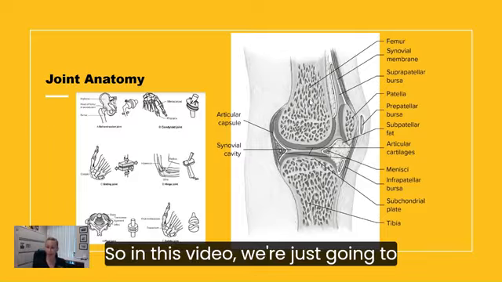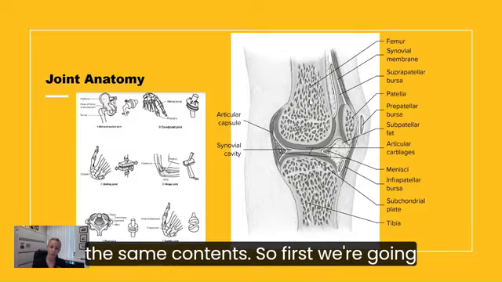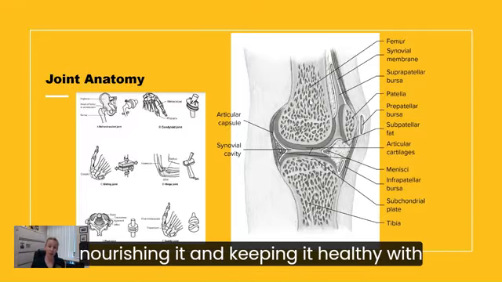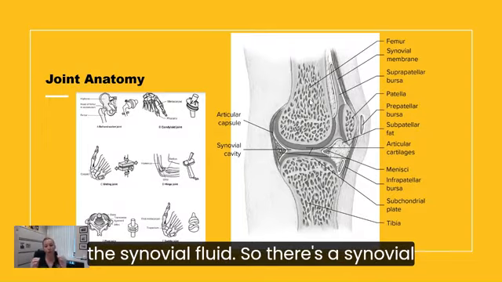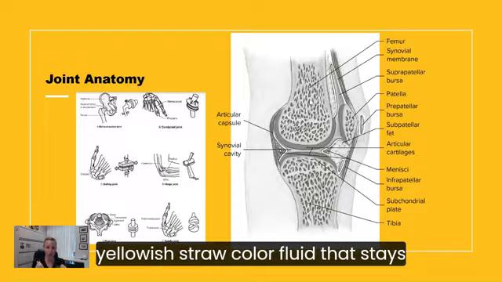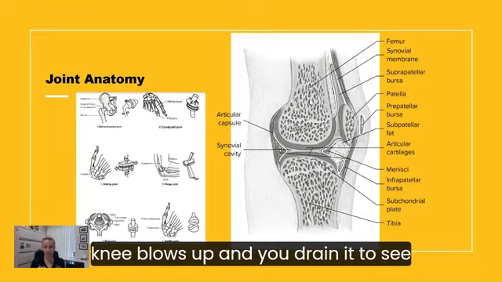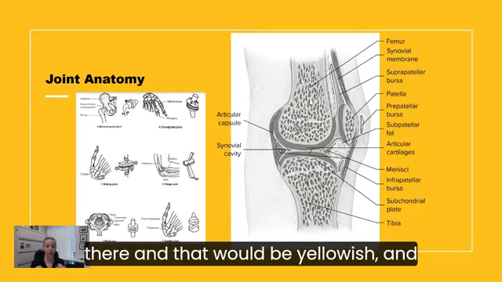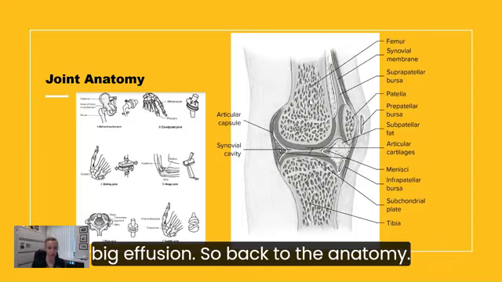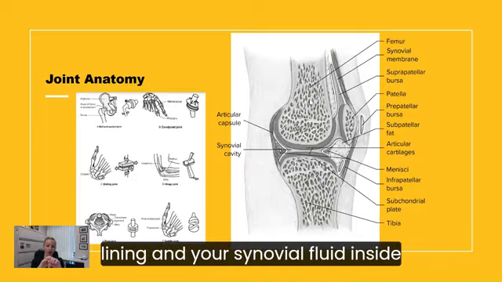So in this video, we're just going to talk about the joint anatomy so you can understand that every synovial joint has the same contents. So first, we're going to start with the capsule. It's almost like a balloon encompassing the joint, keeping it safe, and also nourishing it and keeping it healthy with the synovial fluid. So there's a synovial capsule, the membrane, the lining there that secretes synovial fluid, which is a yellowish straw color fluid that stays inside. If your knee blows up and you drain it to see what it is, synovial fluid could be in there and that would be yellowish, and that's fine. If it's red, it means that you have a structure like an ACL that tore and it's bleeding and it caused that big effusion. So back to the anatomy, you have your capsule, your lining, and your synovial fluid inside